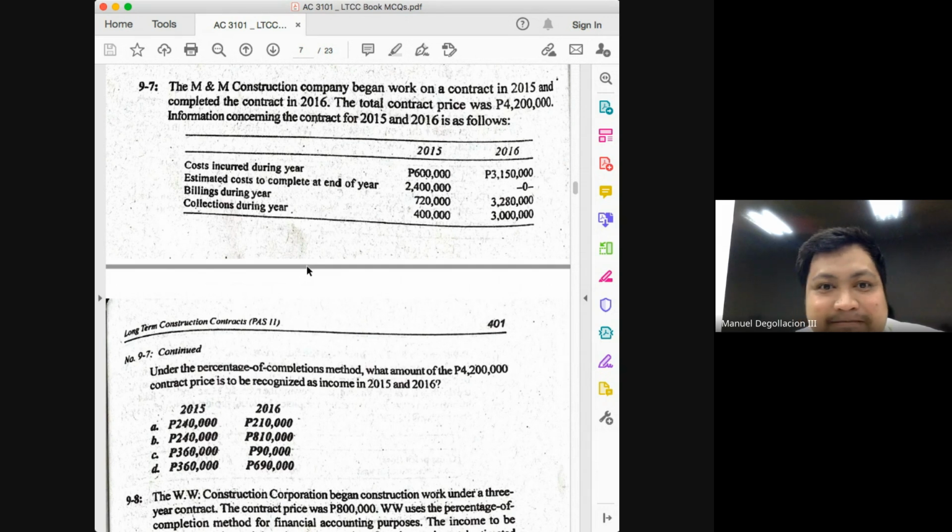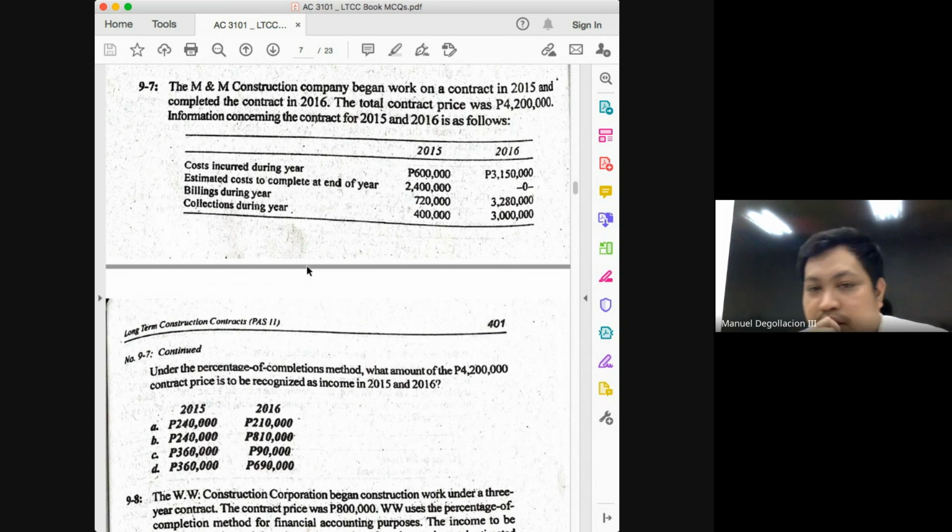Is it 3,150,000? No, it's 3,150,000 plus 600. Why did we not add anything in 2015? Because it's the first year. Why are we adding something in 2016? To get the cumulative amount of cost incurred. Cost incurred in 2015 is 600. Cost incurred in 2016 is 3,150,000. So total cost incurred is